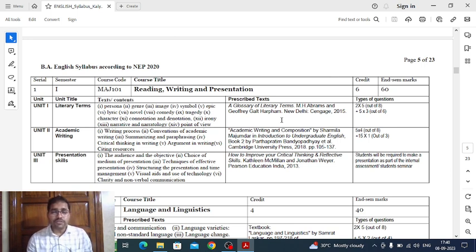So it is better to nurture these kinds of abilities, and that's why the contents have been pointed out here: the audience and the objective of your presentation, choice of medium of presentation, techniques of effective presentation, what techniques you should follow, and structuring the presentation, that means how to structure your whole presentation,